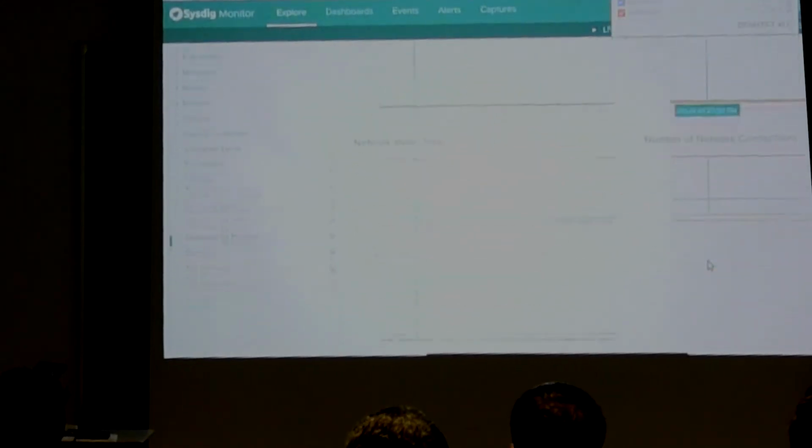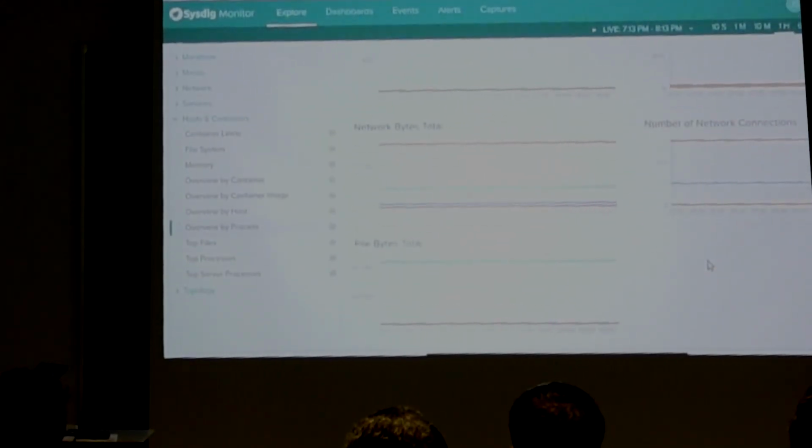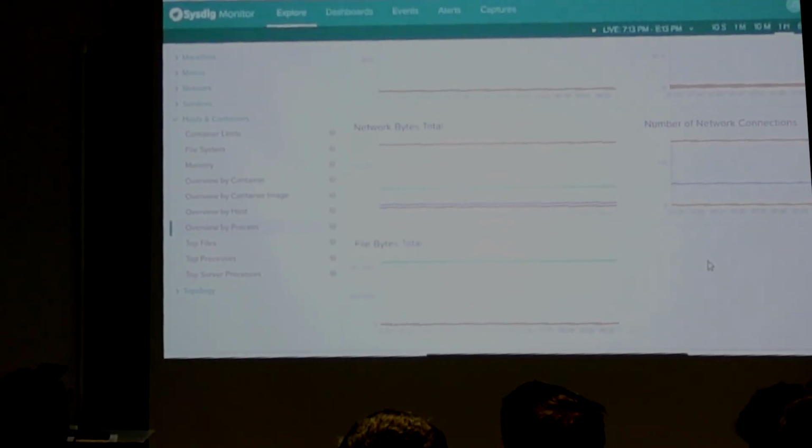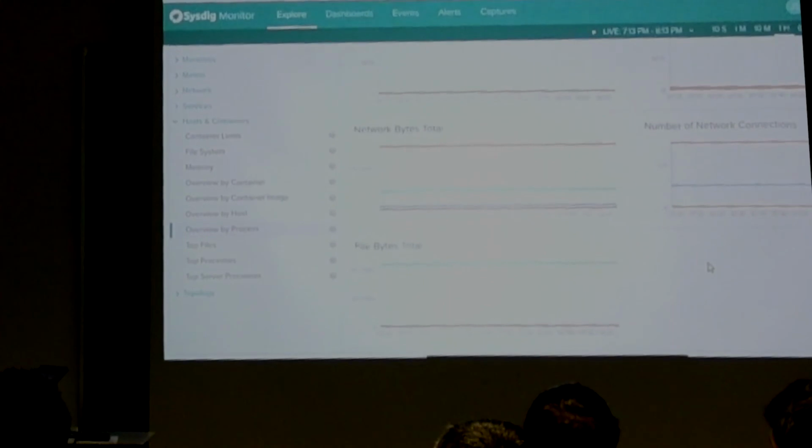I can get the graphs in here. As you can see, it's pretty low. That's user space, so that's the agent, not the kernel module. The kernel module doesn't have any impact because it's basically copying in memory. It just copies the system calls to another region in memory.